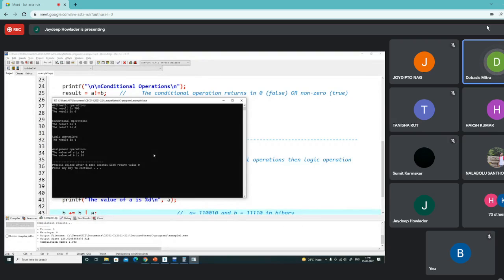Most probably it will be in the form of a quiz, isn't it? Yes, it will be in the form of a quiz, and probably we'll complete these topics by the next class, and the syllabus will be up to that class. MCQ.